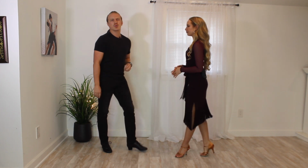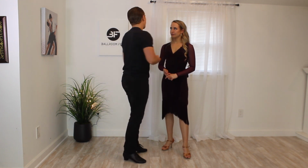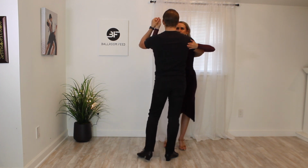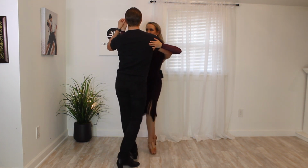All right, key points to this cha-cha basic. So as I started to say before, we're doing traditional rock steps here, which will have separate videos that have much more in-depth breakdowns of different kinds of rocks and breaks you could choose to this basic. Again, we started with the side step first, so that I'm moving my body to the side to initiate the beginning of the basic, and it's easier for me to rock